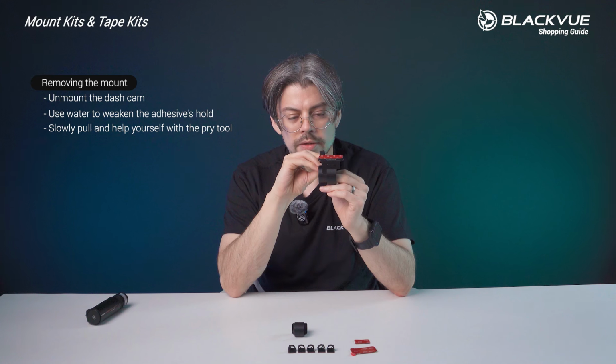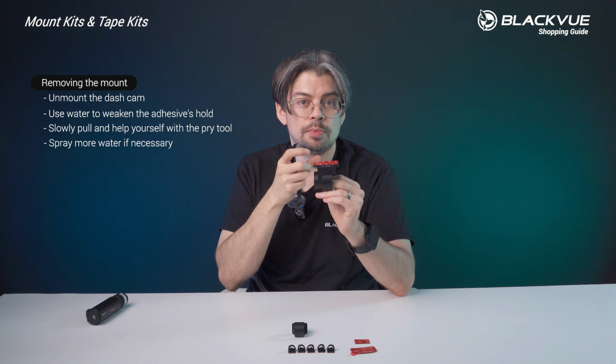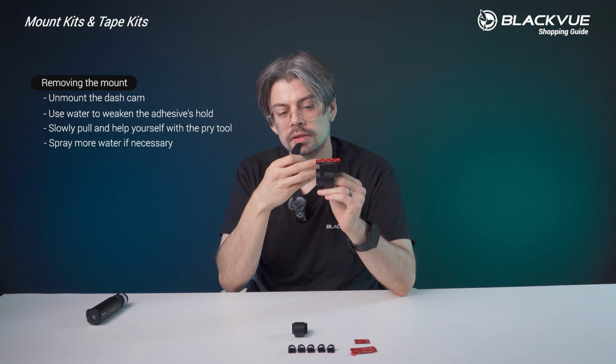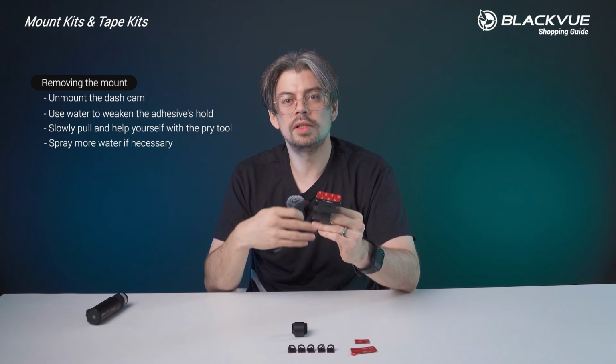help yourself. And then once you have a little opening, you will be able to spray water again and then wait a little bit more, and then you will see it will slowly come out all together without leaving any